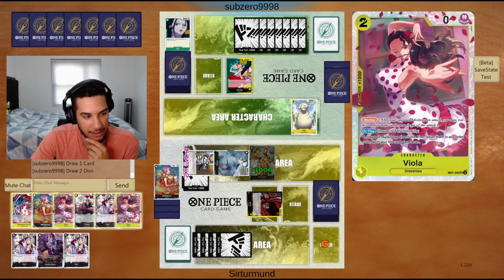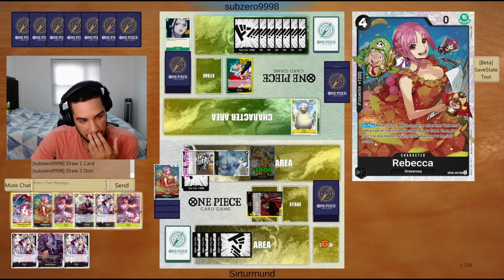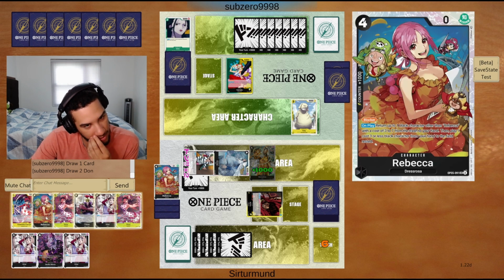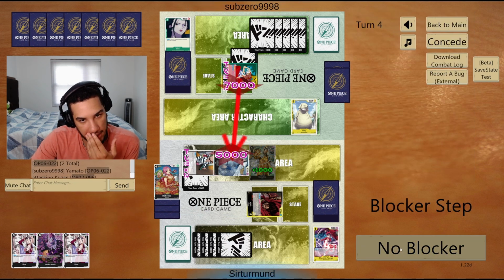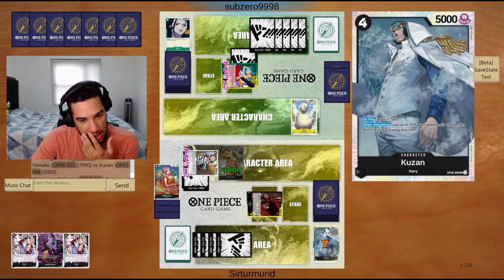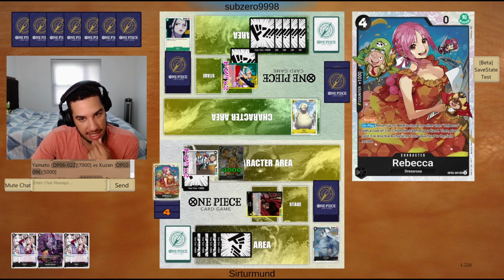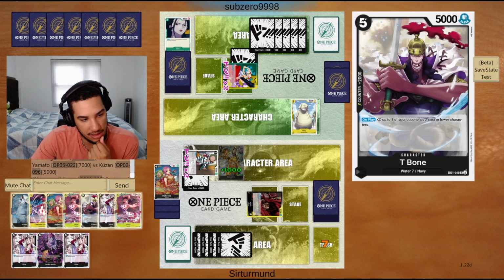Definitely messed up in the beginning of this game. I completely forgot that Viola is actually a blocker, right? So instead of Brannew turn 2, I could have gone Viola turn 2 into like... I guess I still wouldn't want to play Rebecca, but it would have allowed me to keep everything else, right? Yeah, so I'm completely fine with letting this Kuzan die, because I'm just going to go Moria into Kuzan. And as long as this life is flipped up, I'm not going to be able to actually kill my stuff, so...